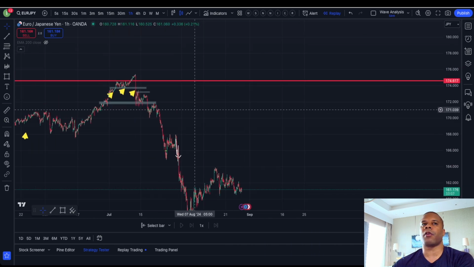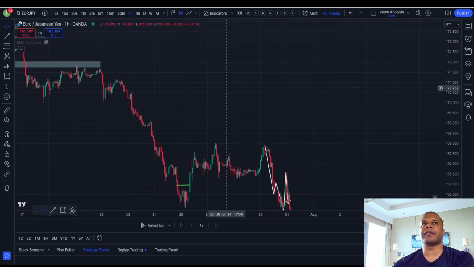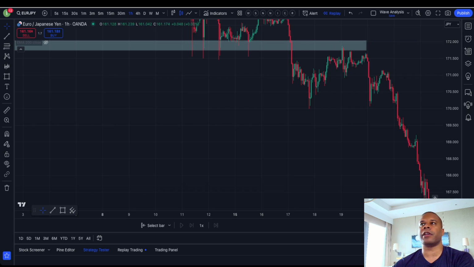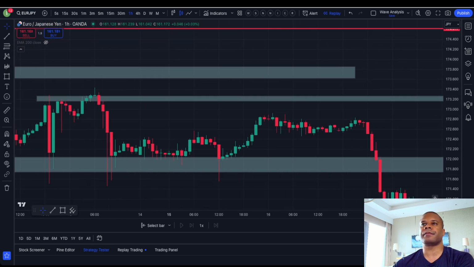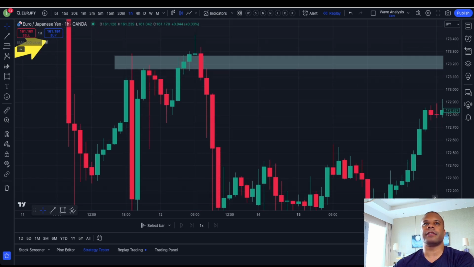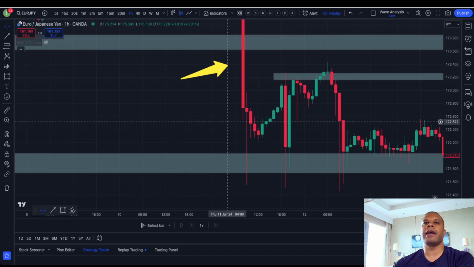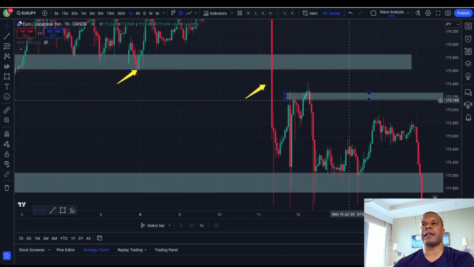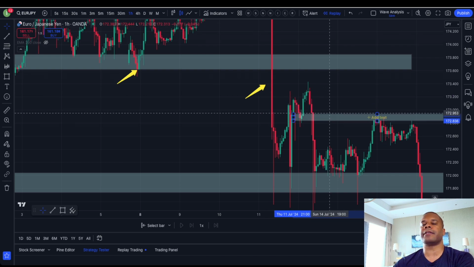Let's see, did the market ever retest this? Okay, so the market is coming down right now. Basically, you can see that it didn't get tested, for one thing. So that's another confirmation that the market is shifting. It didn't even get touched, and it's gone. And then it starts to make new lower highs. So these are things you want to look out for